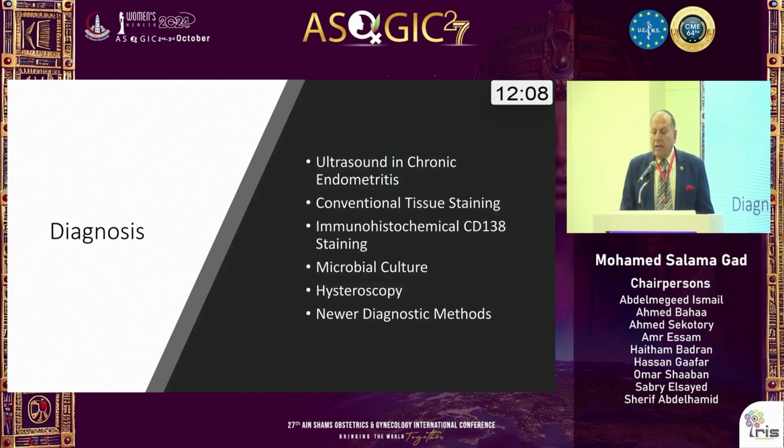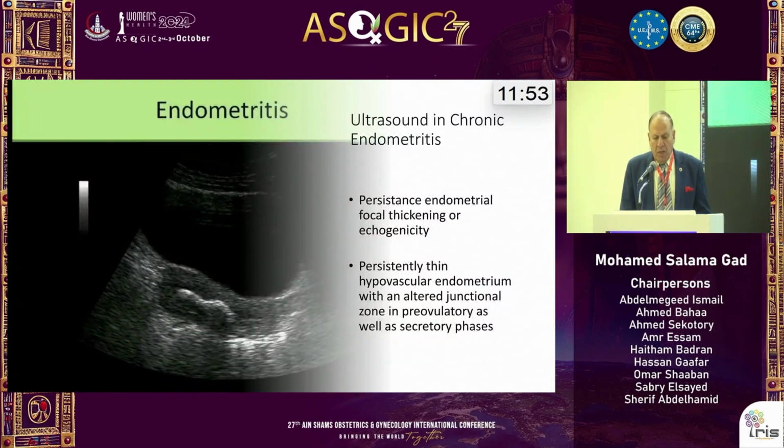As regards the diagnosis, it may be ultrasound, conventional tissue staining, immunohistochemical staining, microbial culture, hysteroscopy, and the newer diagnostic tools or methods. The ultrasound criteria are not characteristic, but persistent endometrial focal thickening or echogenicity is present. At the same time, there is a persistent thin hypovascular endometrium with an altered junctional zone in the pre-ovulatory as well as